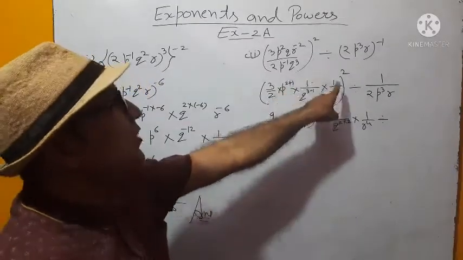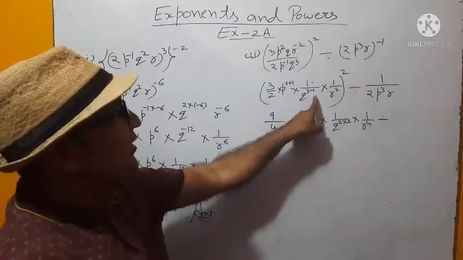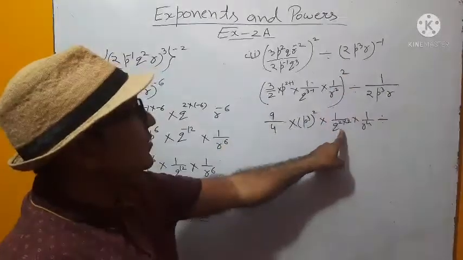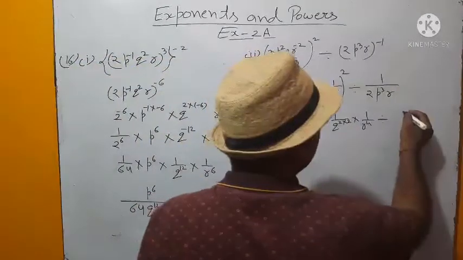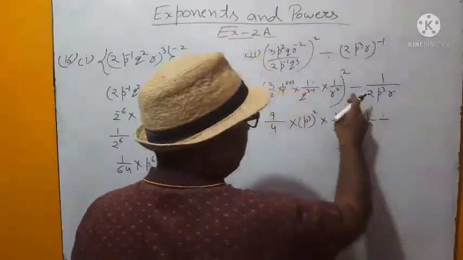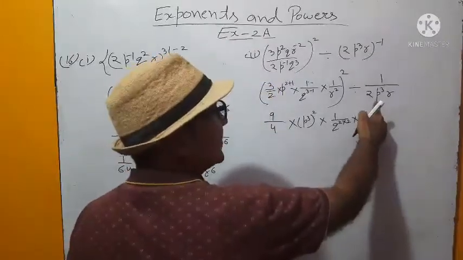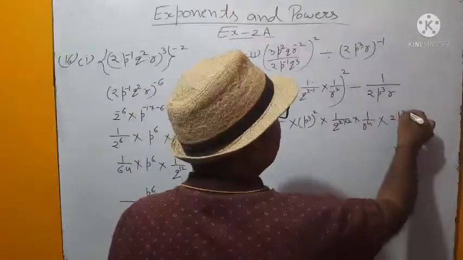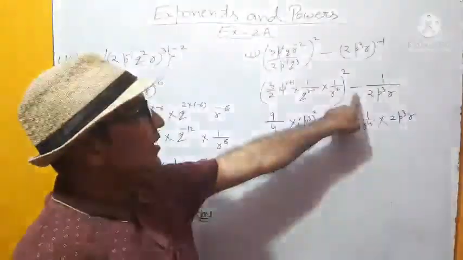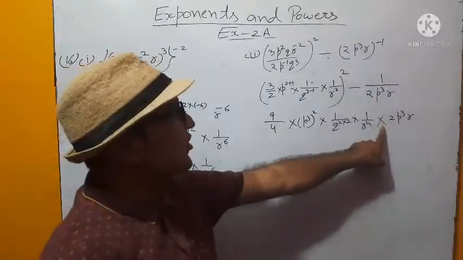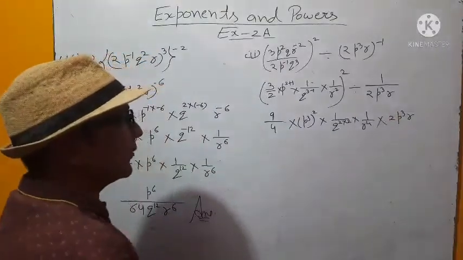P power 3 whole square. So 3 whole square 2 I have written. 3 minus 1 is 2. 2 into 2 will be, see I have written here. This 2 2s are 4. Right hand side I will copy it. Otherwise, division is changed into multiplication and then we write the reciprocal of the right hand side. Then it will become 2p to the power 3 into r. See, when division is changed into multiplication, then right hand side number reciprocal we write. This is the calculation technique.